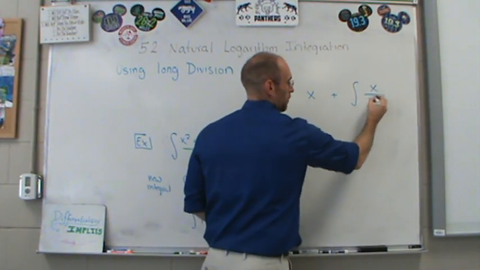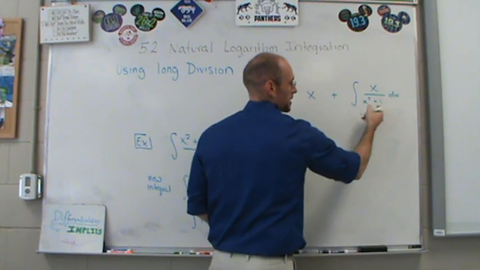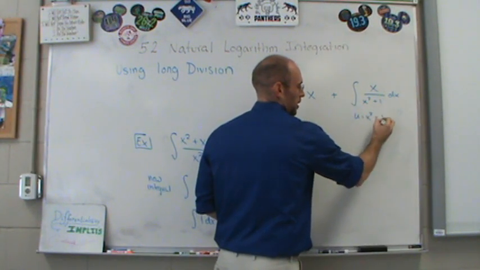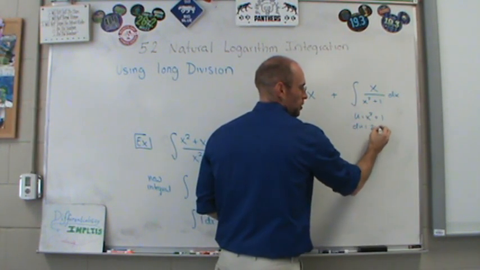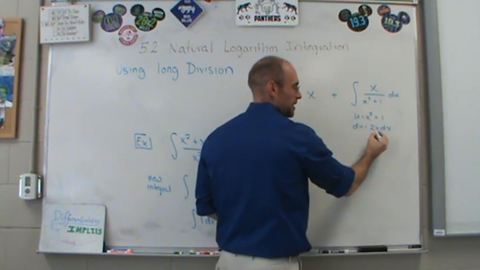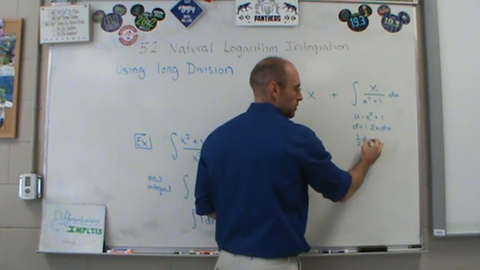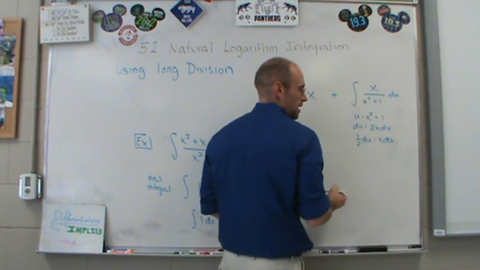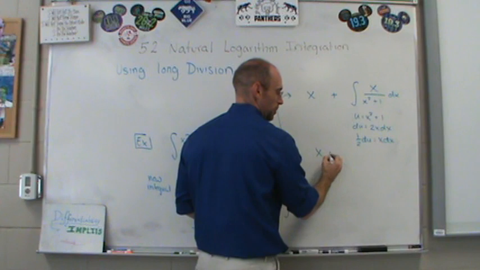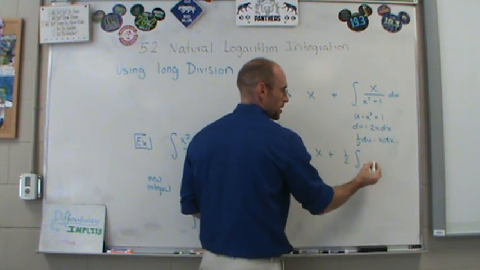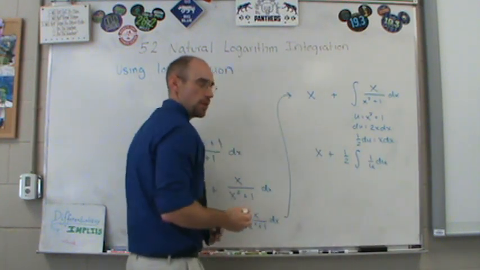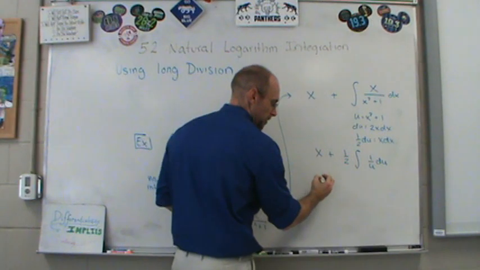So x. Over on this part, we have x over x squared plus 1 dx. We got that stuff in the bottom, so let's do u substitution. All right, u equals x squared plus 1. du is going to be 2x dx. Now, if you look, I have the x dx right here. I'm missing the 2, so I'm going to bring the 2 over as 1/2 du equals x dx. And then I'm going to put that out front. So now I have 1/2, and this is getting replaced, so I have 1 over u du. That 1 over u du is the natural log of the absolute value of u